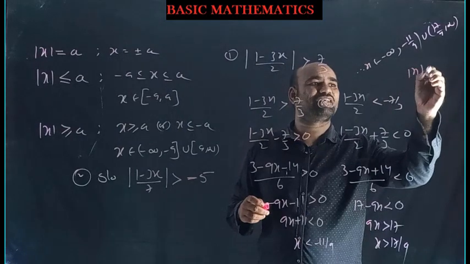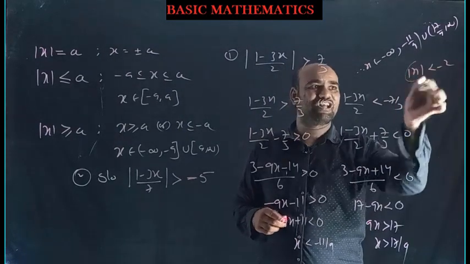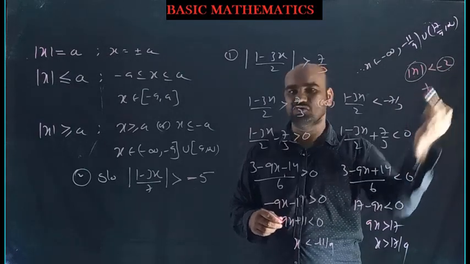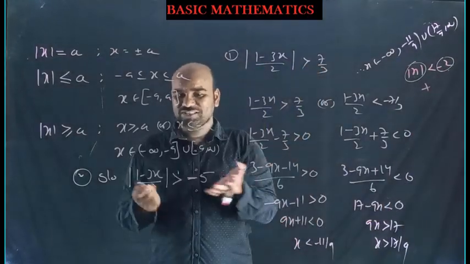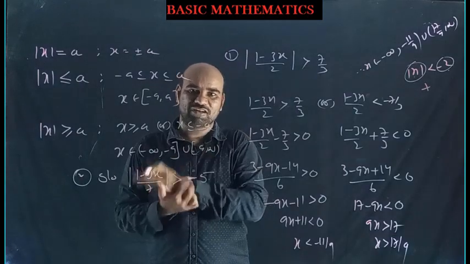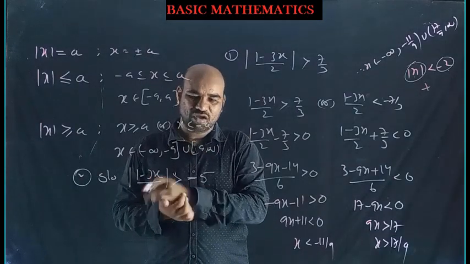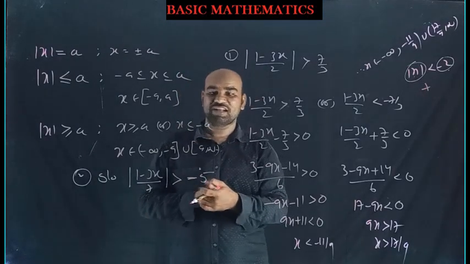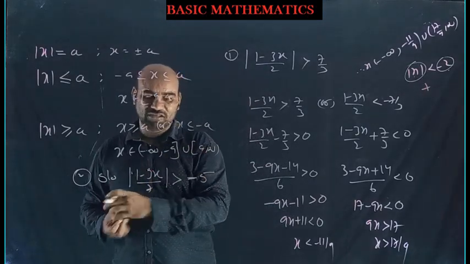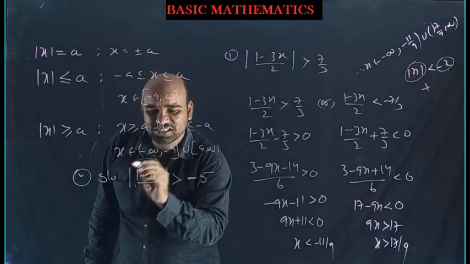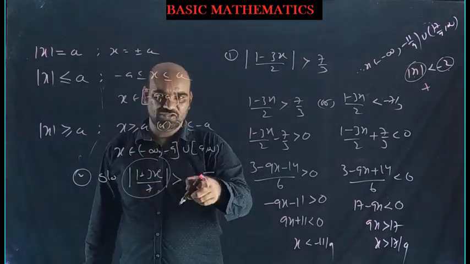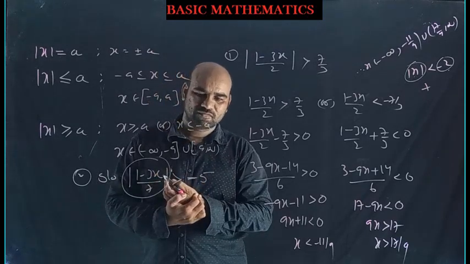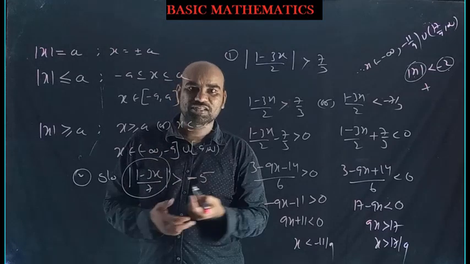So the problem was mod of something is less than minus 2. This is a non-negative number, that is a negative number; a non-negative number is never lesser than a negative number. So we got no solution there. Using that concept, they will say no solution here, which means their answer is again wrong. All real numbers will satisfy. All real x will satisfy. Whatever x may be, this is non-negative and that is negative. Non-negative is always greater than negative, no?